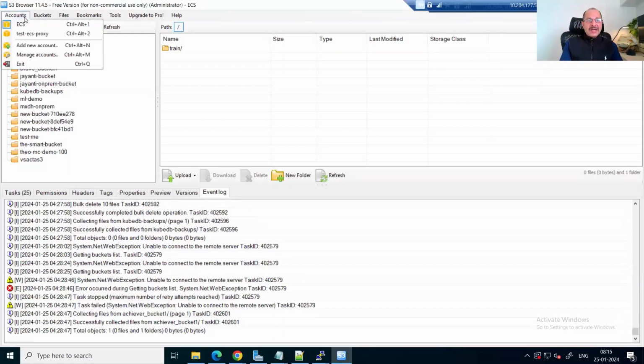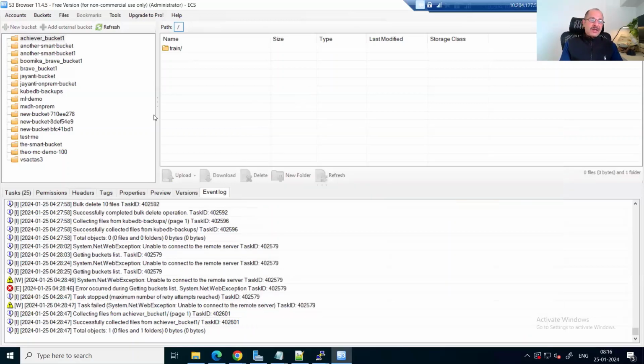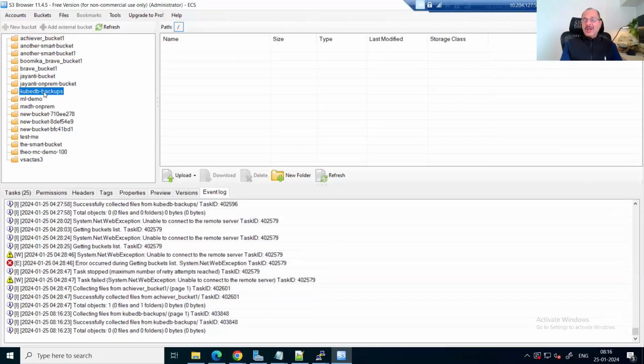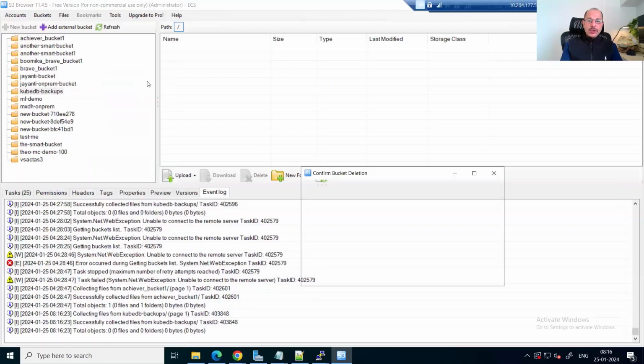And if I look at the accounts, ECS, manage accounts, you can see that this is S3 compatible storage, not the S3 storage itself actually. There are a few buckets already that we work with. And in my previous experimentation, I've already created this particular KubeDB backups bucket. Let me delete this particular bucket and show you